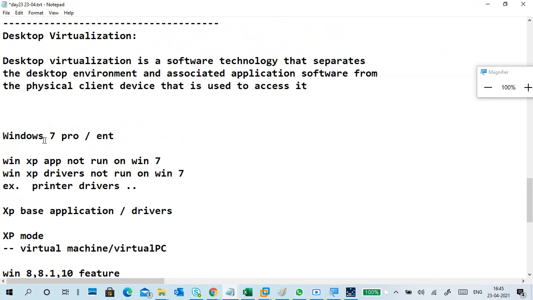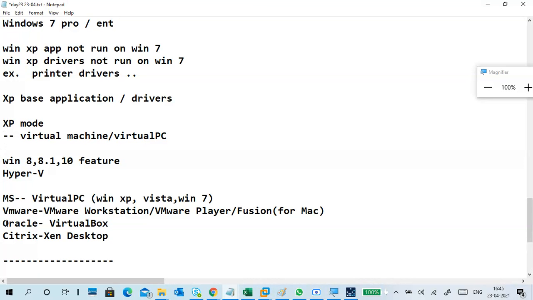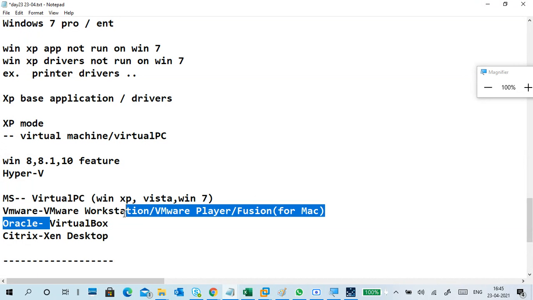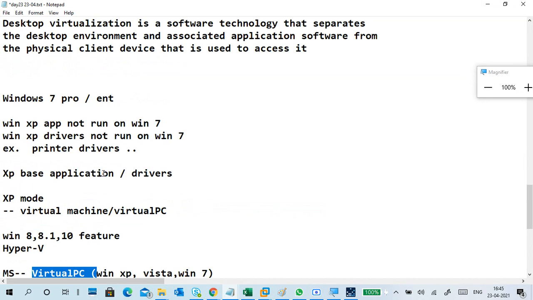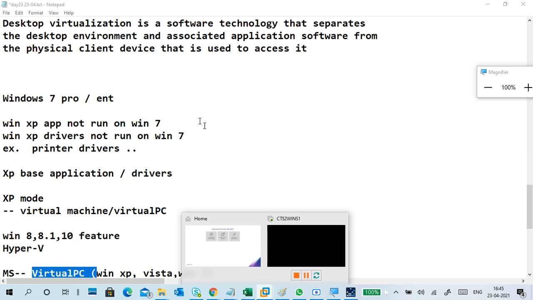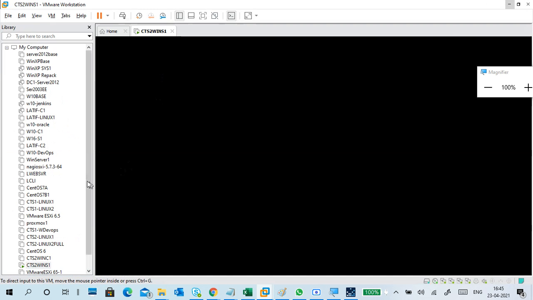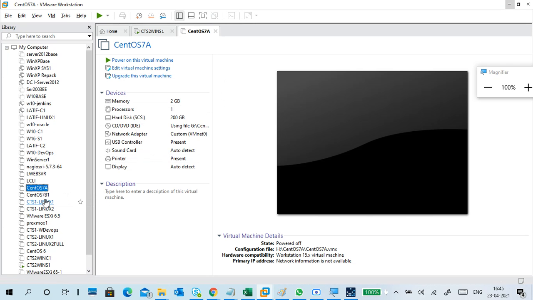The first one is using VMware, VirtualBox, or Virtual PC. We can create multiple guest operating systems, multiple virtual machines, in your PC. This is also called desktop virtualization.